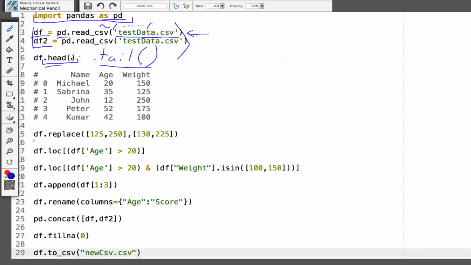So we have a data frame, and let's say we found there were a couple of inaccuracies in our data collection, or we need to replace some values, and we want to do that as easily as we can. So we use the .replace function for our data frame. You'll notice that .replace is delineated by a comma, and you have 2 sets of lists here. What this is saying is I want to replace these values, 125 and 250, anywhere in the